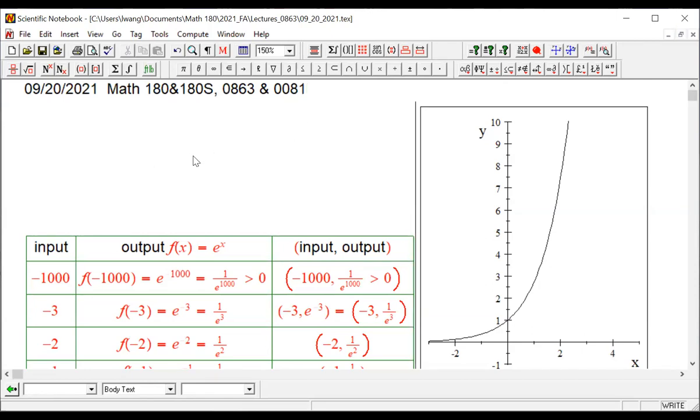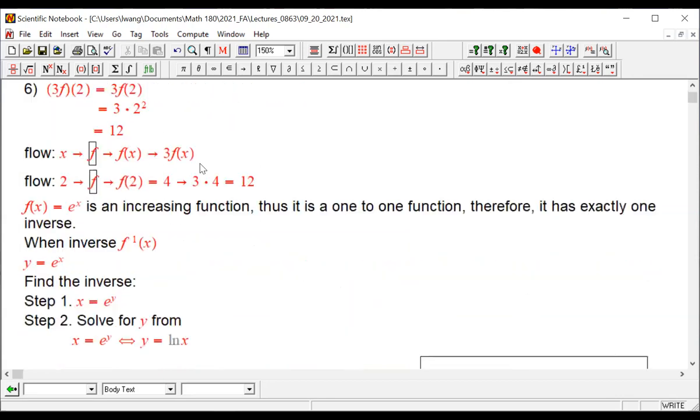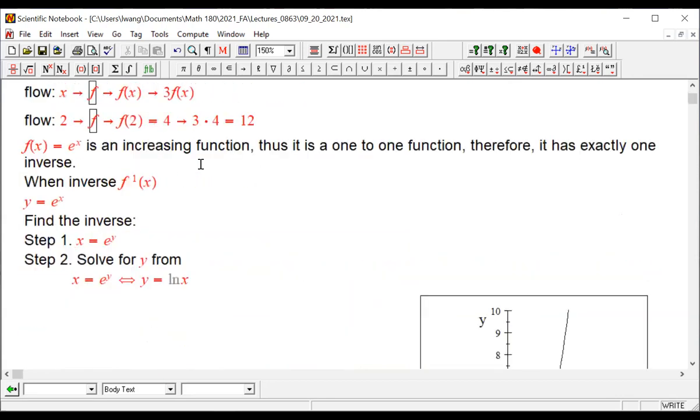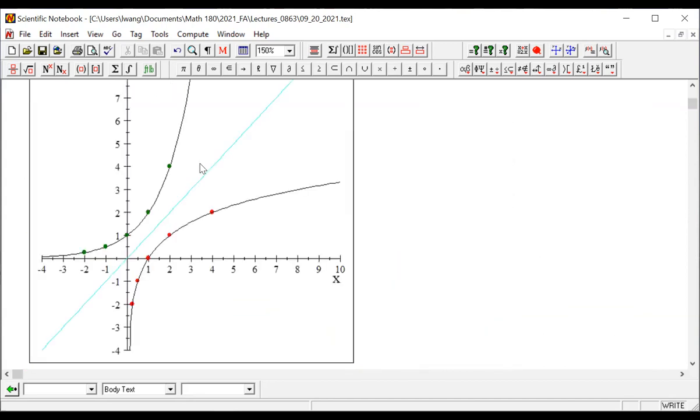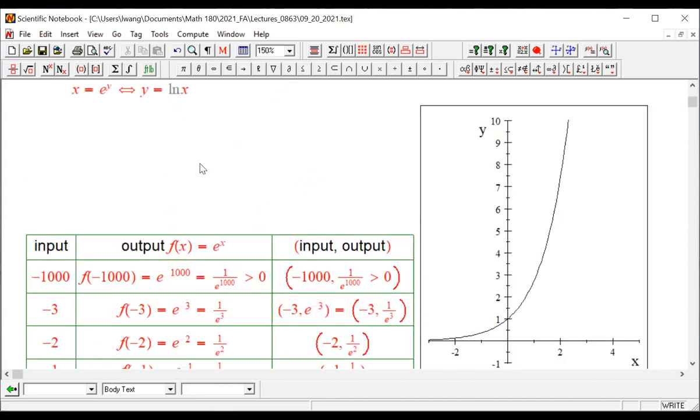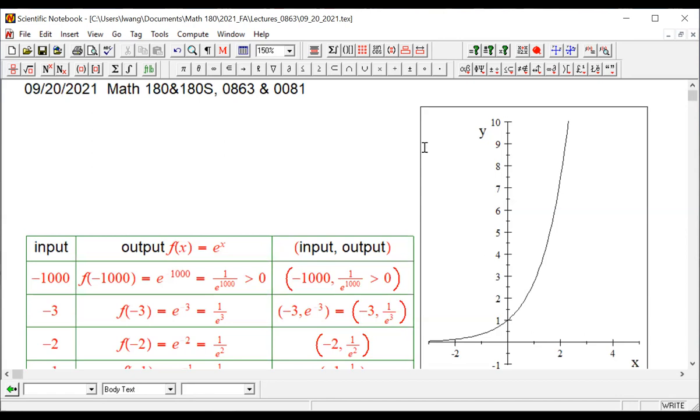We graphed e to the power x some time ago, and last week we graphed 2 to the power x, right? And now we want to graph ln x. Okay, we want to graph natural log x. So what I do, I bring up the